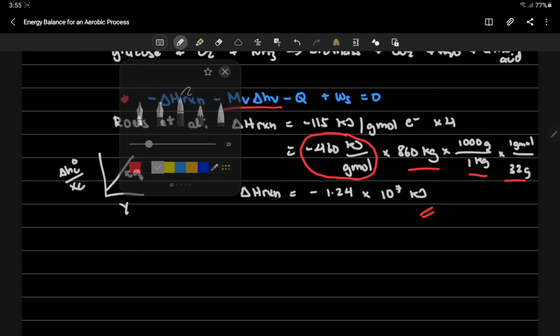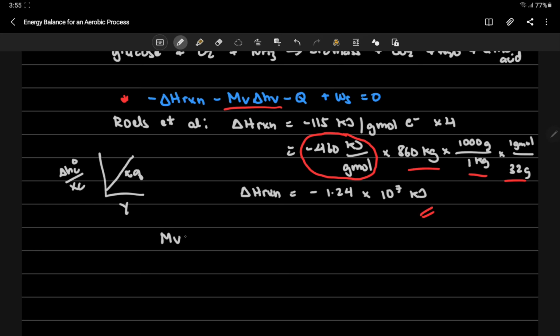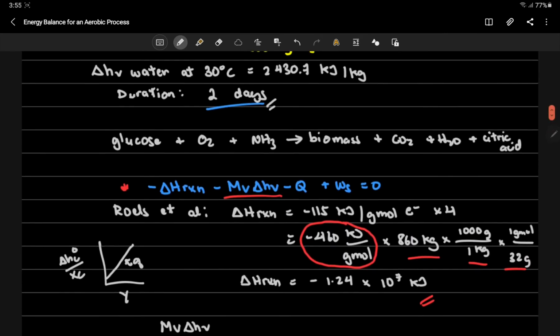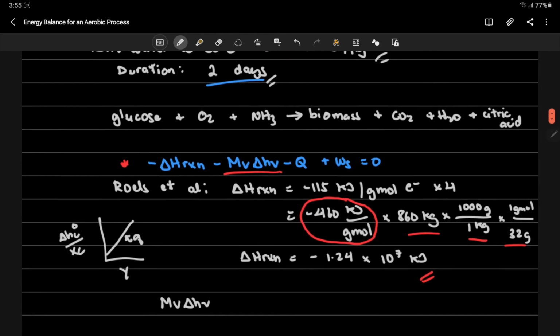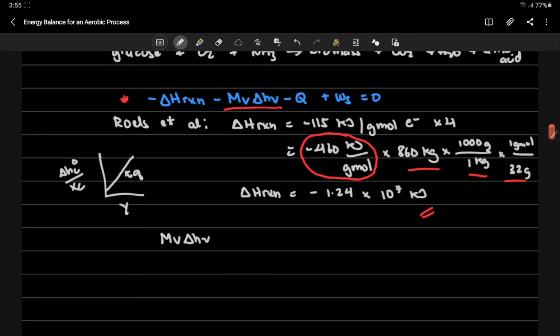So, MV times the heat of vaporization, which is given, okay, 2430.7 kilojoule per kilogram. Pero ilan mo ng water ang nag-evaporate? So 100 kilogram yan. Tapos yun ngang enthalpy of vaporization na 2430.7 kilojoule per kilogram. Okay, so ang may iwan dyan is kilojoules. So you will get 2.43 times 10 raised to 5